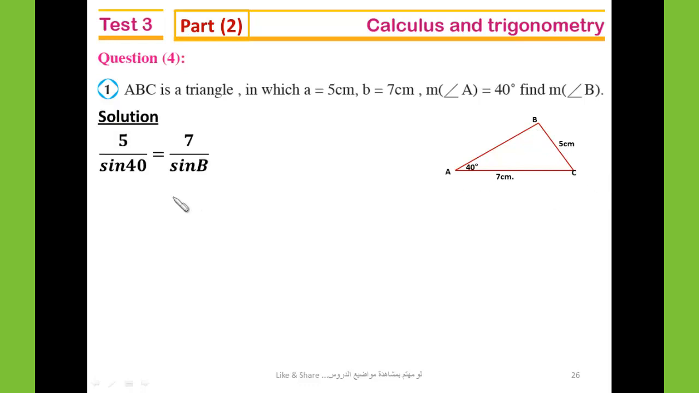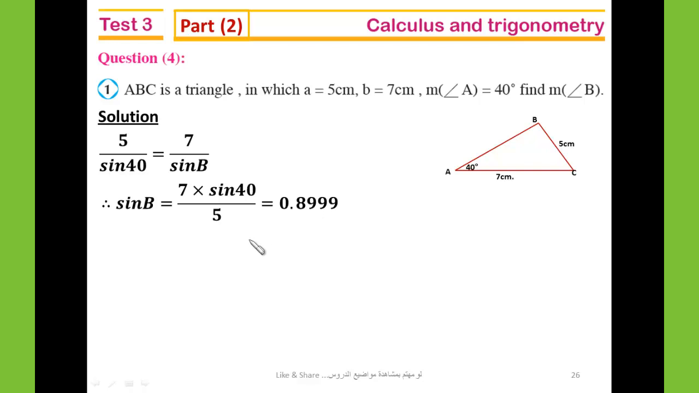Using the sine rule, we have 5 over sine 40 equals 7 over sine B. And from this, we can calculate the measure of angle B. First, we calculate sine B. So, cross multiplication, sine B equals 7 multiplied by sine 40 divided by 5, which equals